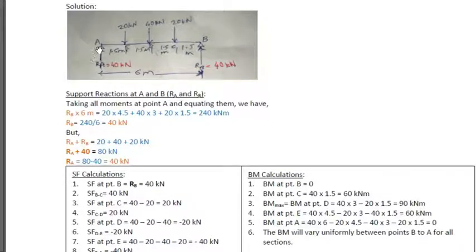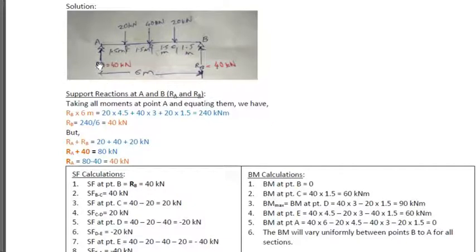So this is a simply supported beam, that is why we have the supports at the ends. We have named this beam A and B, and there are 3 point loads, 20 kN, 40 kN and again 20 kN, and the distance between each is 1.5 meters. So here it is 1.5 between these two, 1.5 between these two, 1.5 meter between this and the support, 1.5 meter between this support A and this point load.